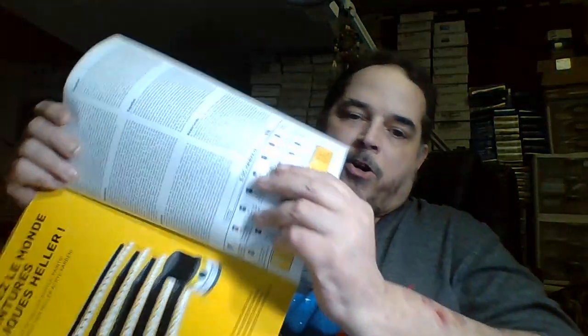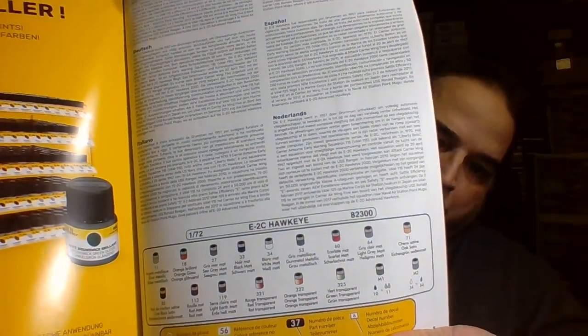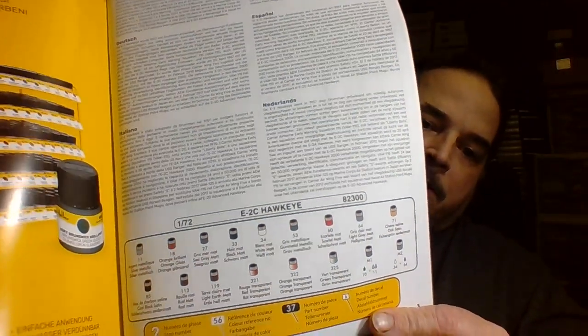Callouts, I do believe. Let's see here. Here's your color callouts. And I'm pretty sure that's Heller paint. Yeah, as a matter of fact, that's exactly what it is. They're advertising Heller paint on the next page. So yeah, those are Heller color callouts. I wouldn't be surprised if they still match up with Humbrol, although maybe not. It looks like some of the numbers are a little different. So anyway,